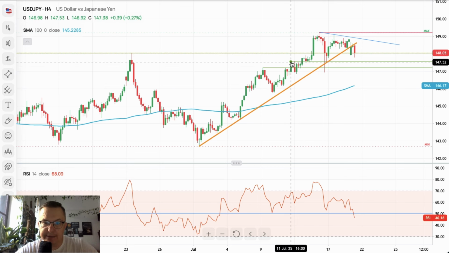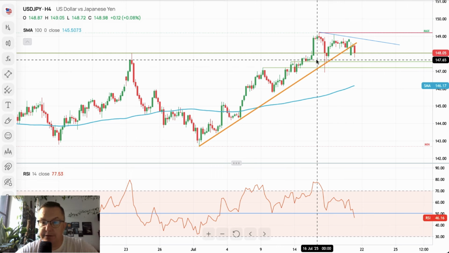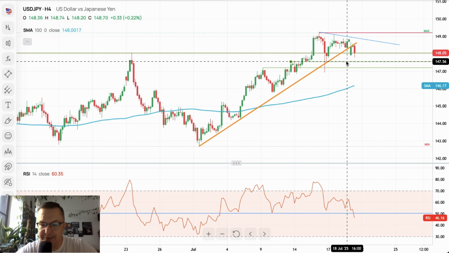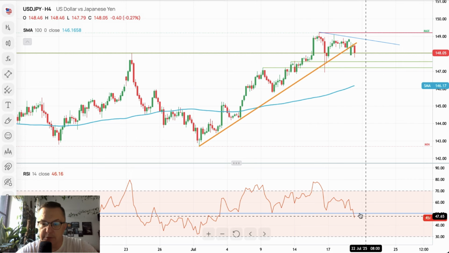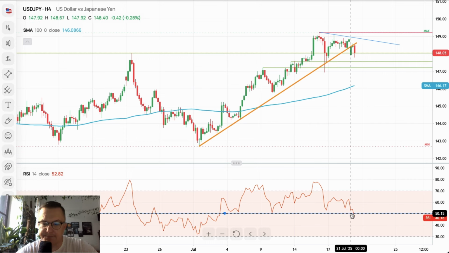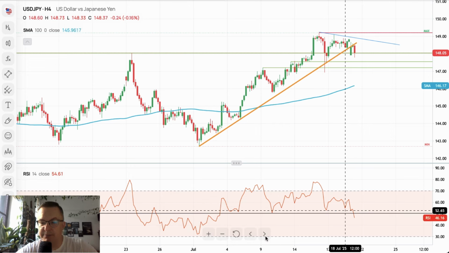If we hit the technical support at 147.55, then obviously there should be some kind of a reaction. Nevertheless, please take a look at the momentum. Momentum is negative. We are below the black line. There you go. We are below the black line,